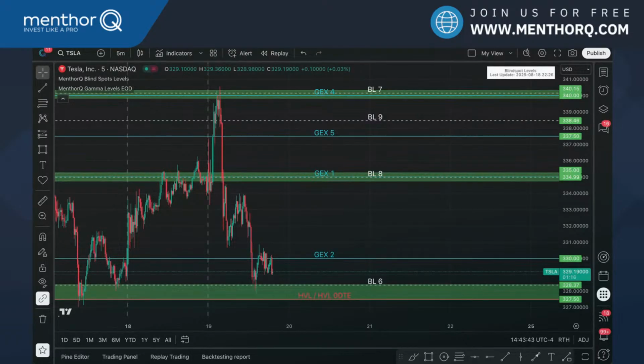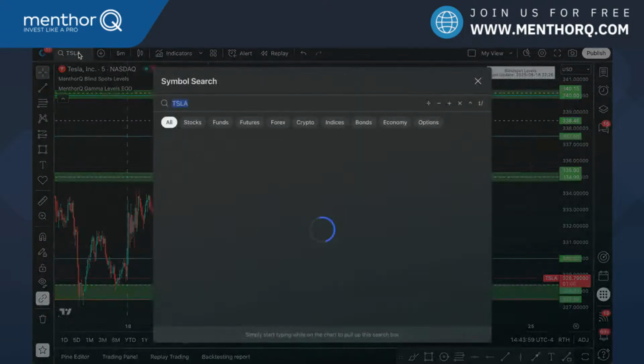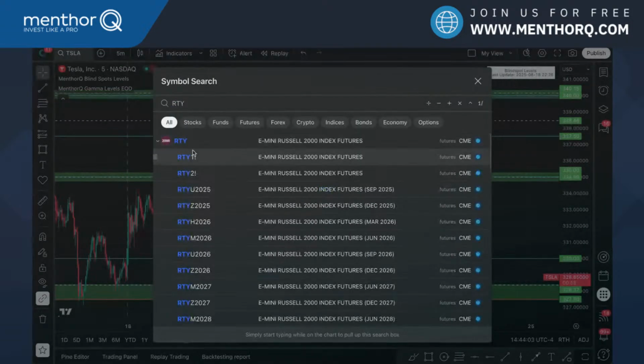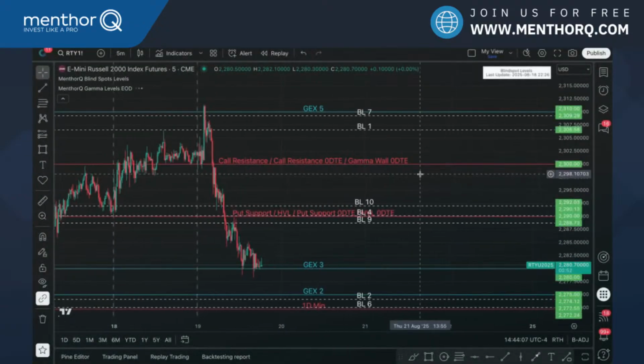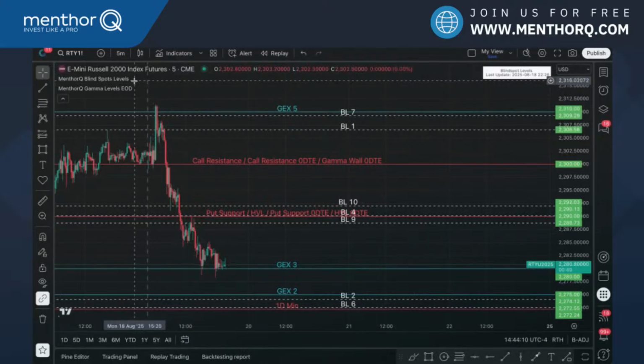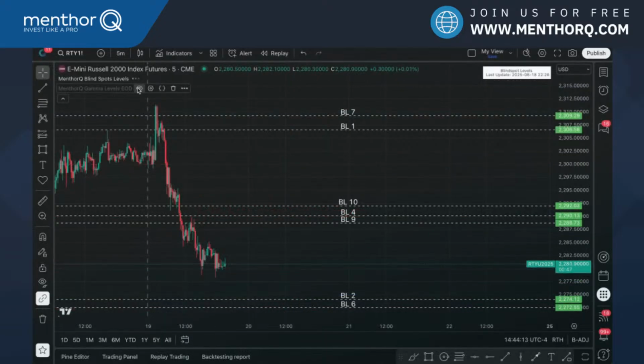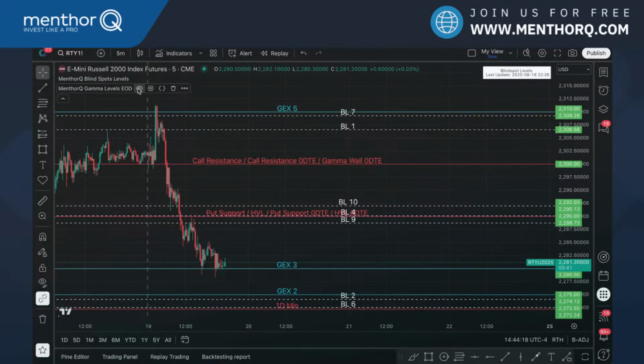So as a key takeaway, for those trading stocks, you can use them on the Max 7 companies. We are going to increase the coverage. For those trading futures, you can use them on crude oil, gold, Bitcoin futures. You can use them on the Russell, for example, if you trade RTY as well, and basically they can work in conjunction with your gamma levels indicator right here, or you can use them standalone, depending on the strategy that you're working on, but they're very, very useful to find areas of confluence and find areas where there could be